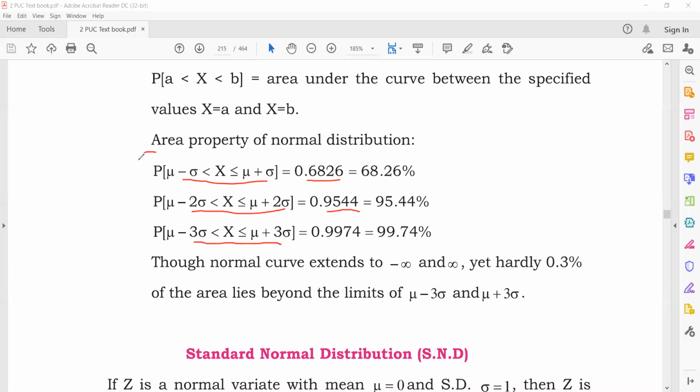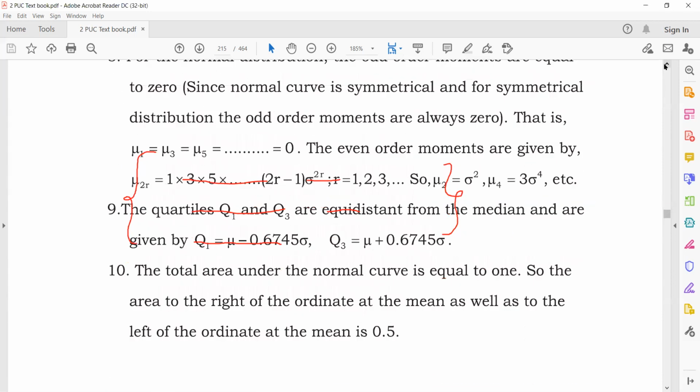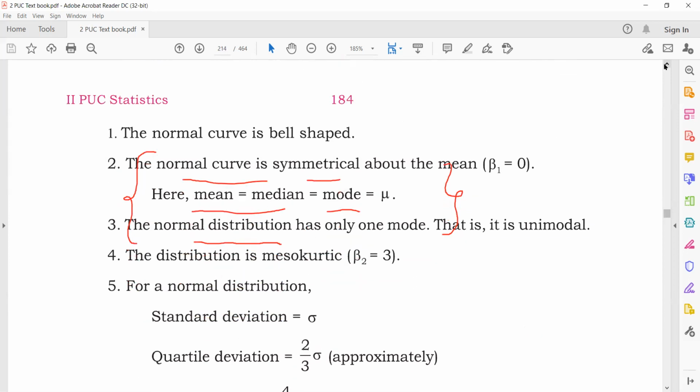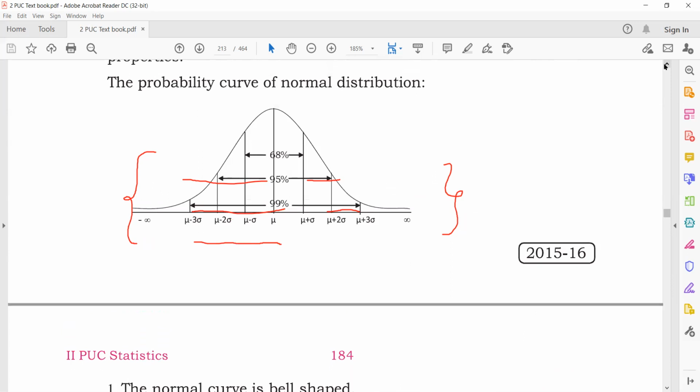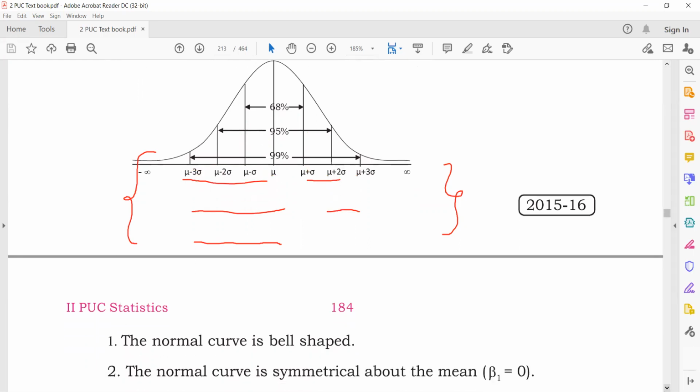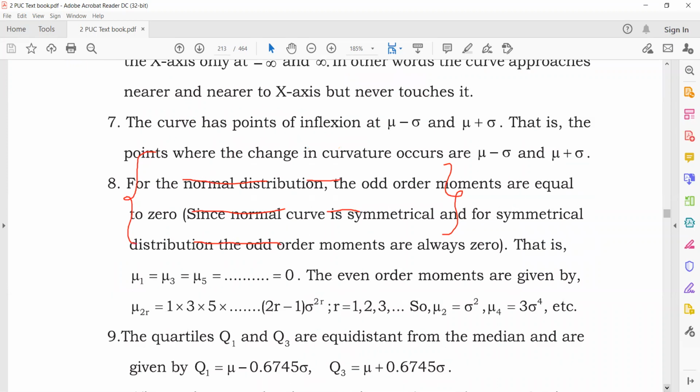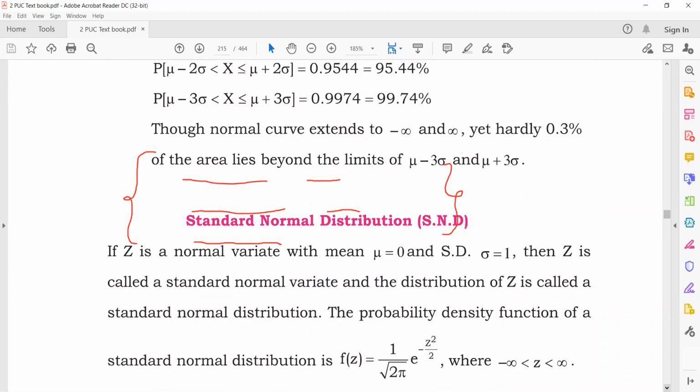That is mathematically given in terms of probability statements like this. You need not worry about how to write this or what it means, as I have made the meaning very clear. If you have any normal data, this behavior in the data could be observed. Your 95% of data will be within mu minus 2 sigma and mu plus 2 sigma. So this curve is just represented mathematically in these statements.